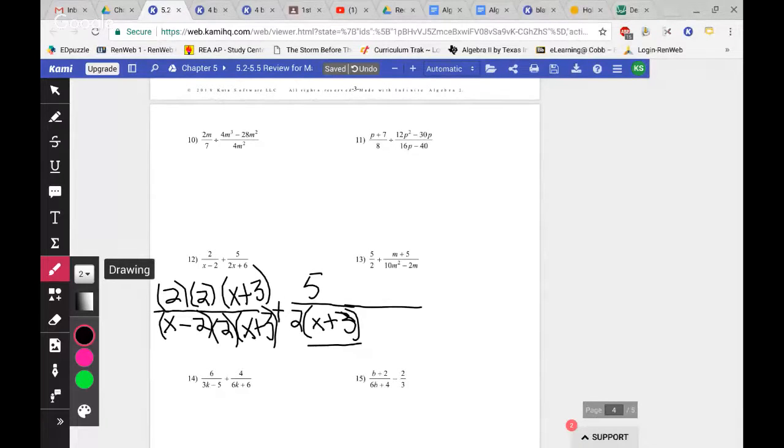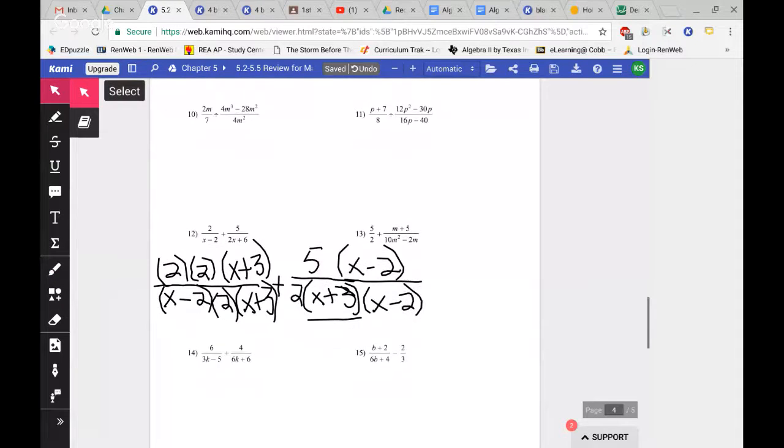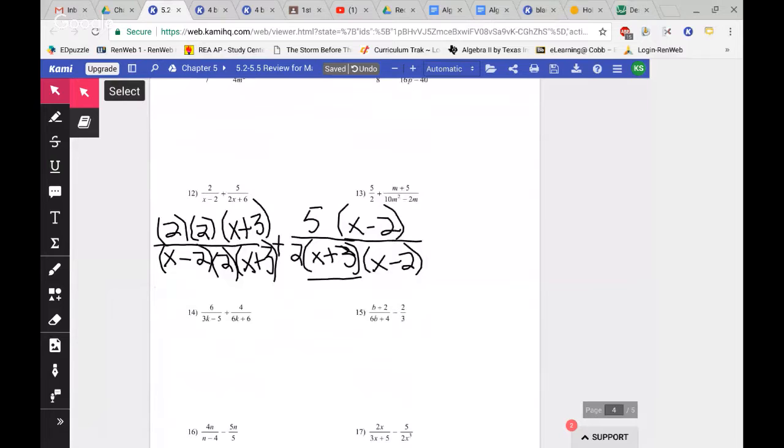So over here, to make this one common, I'll multiply it by the x minus 2, and I'll multiply the top by the x minus 2. Once again, because I cannot change the value of the expression, whatever I do to that denominator, I have to do to the numerator. So now the next step for me is to do the multiplication at the top, and then eventually we'll add all of our like